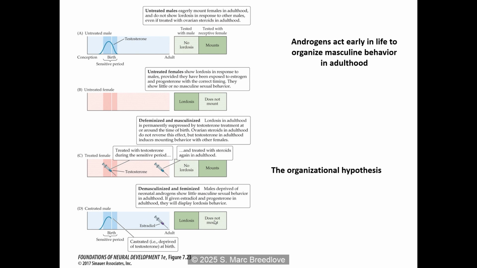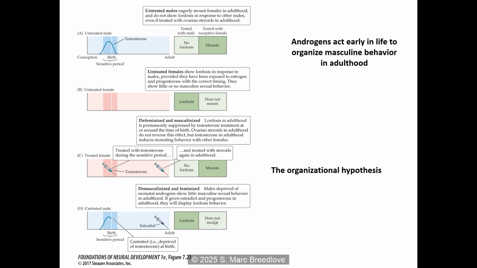Castrated later on, they show. If you wait until about the second week of life to do the castration, it's too late. So it's a great question. And for that sort of behavior, people started defining a sensitive period during which if the brain is exposed to androgens at this period, then there'll be a change in their behavior.